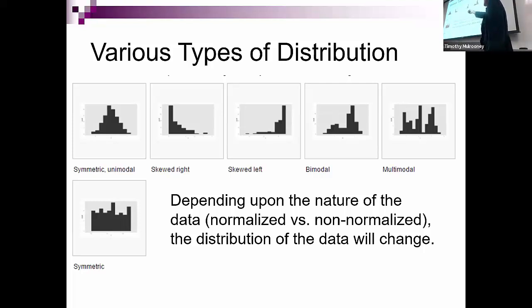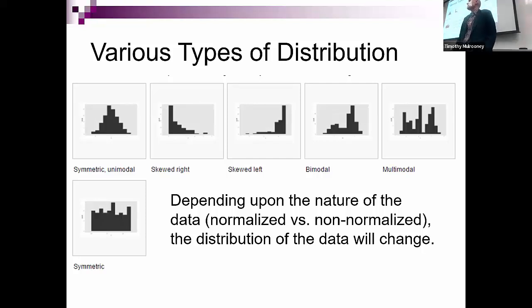In some cases, we're going to have skewed right when we look at raw data like population data. We're going to have a lot of cities with less than 2,000 people. We're going to have few cities with more than 1 million people. And so when we look at population data at the city level or town level, a lot of times it